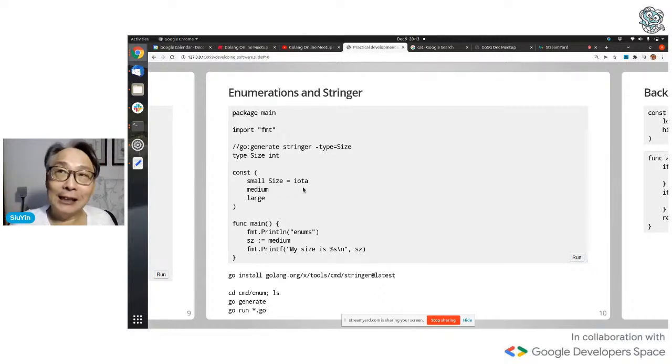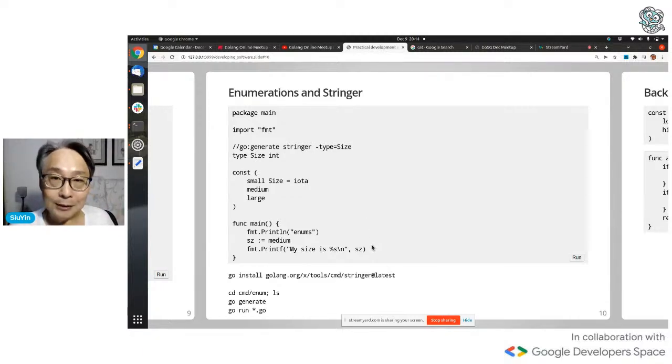Iota means start counting from 0. So therefore, small is 0, medium is 1, and large is 2. But they are of type size, not of type integer. And if I run this right now, you can look at the main program. What do you think you will see?